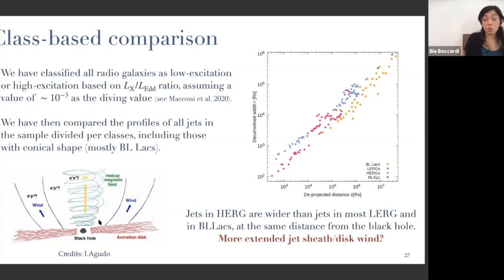with respect to the low excitation sources, which do not really have this thin accretion disk, they have this hot accretion flow, and in which if a jet sheet exists, it must be anchored in the innermost regions of the accretion disk. So basically, for high excitation sources, there is a strong Blandford-Payne component. For low excitation sources and BLX, there is mostly the black hole driven component, so the spine, and a narrow layer which may be launched by the innermost regions of the accretion disk.